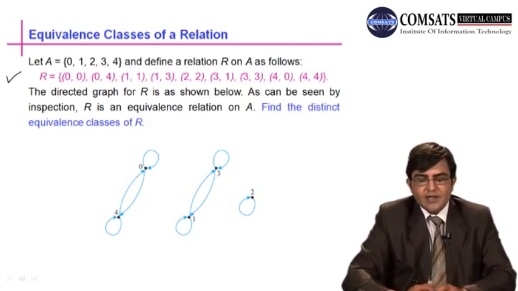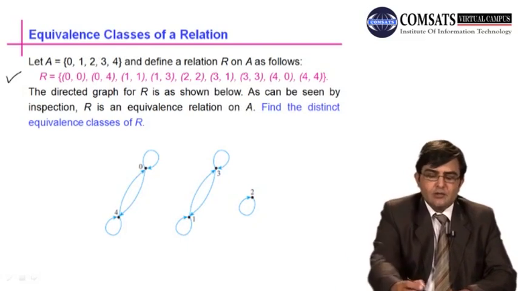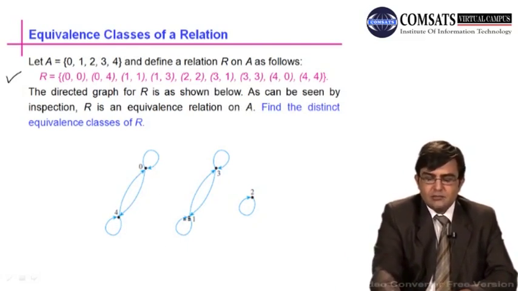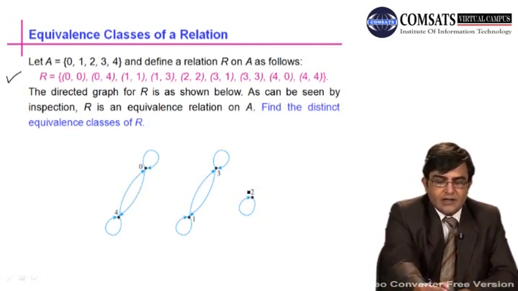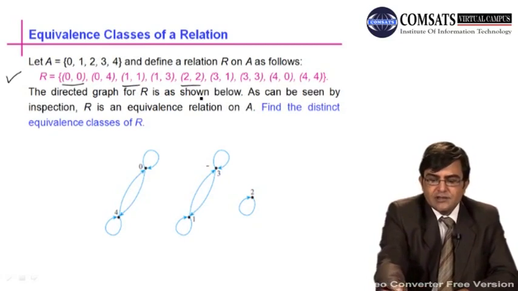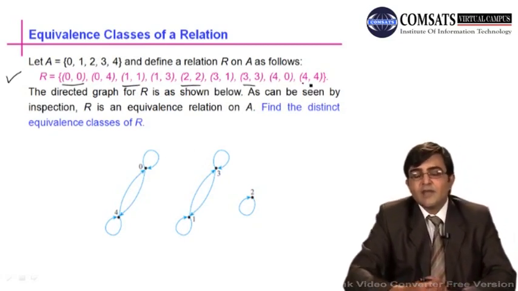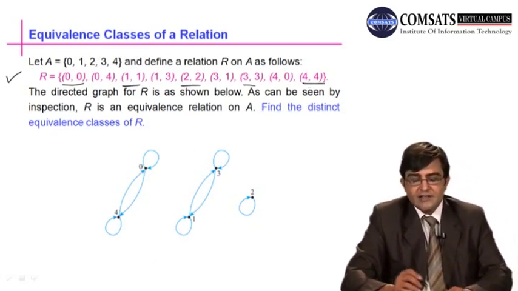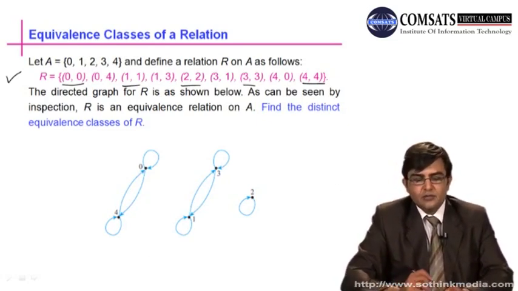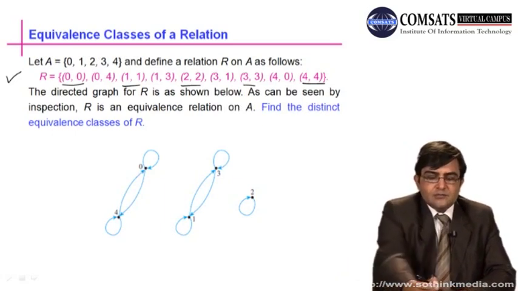Now we can say that 0 is related to 0, so we construct a loop on 0. 2 is related to 2, so we construct a loop on 2, because here you can say 0 is related to 0, 1 is related to 1, 2 is related to 2, 3 is related to 3, 4 is related to 4. So at each element, at each point, we construct a loop,